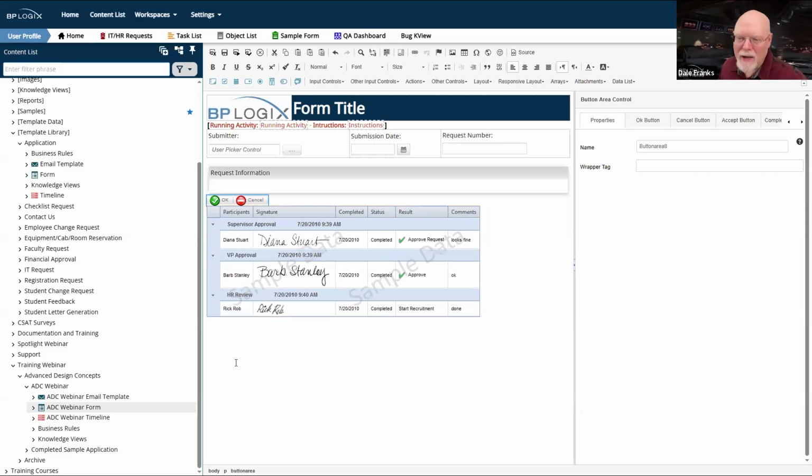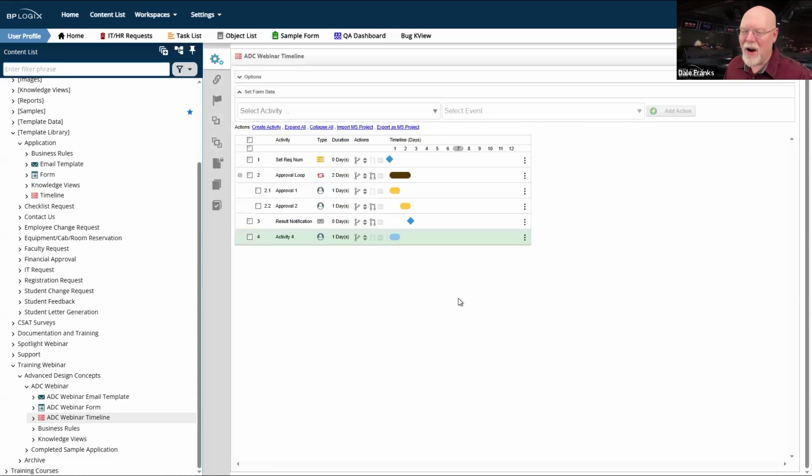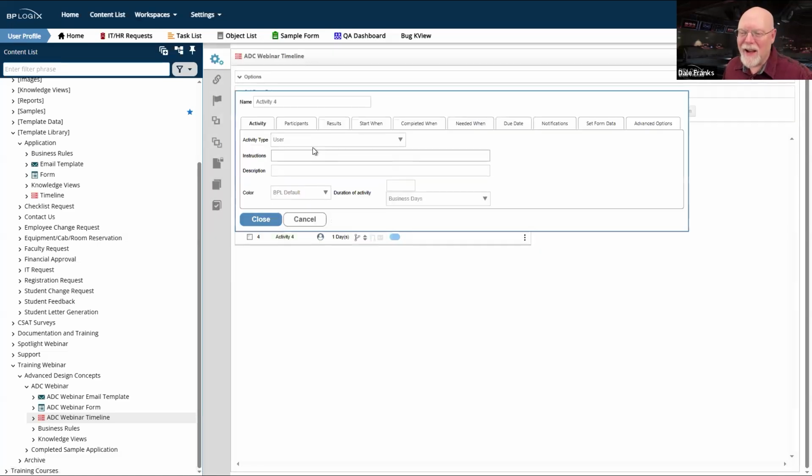I'm just reminded of one more thing that I forgot to mention when we were talking about the timeline. So once again, let me scroll it back in time. Very briefly, I just want you to notice the last activity in this process timeline is result notification. I see a lot of process timelines from a lot of customers, and their very last activity is they always throw in an end process activity.